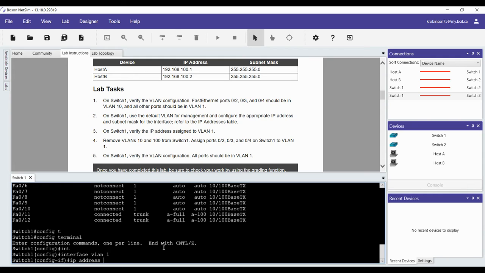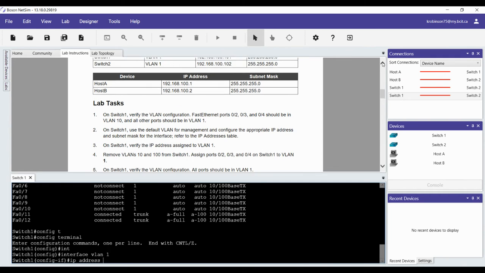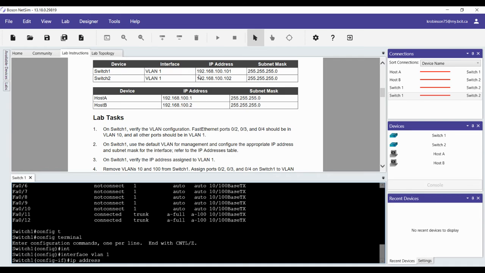In this case, we have two switches. In our lab topology, switch 1 is going to be 192.168.100.101, and the subnet mask,